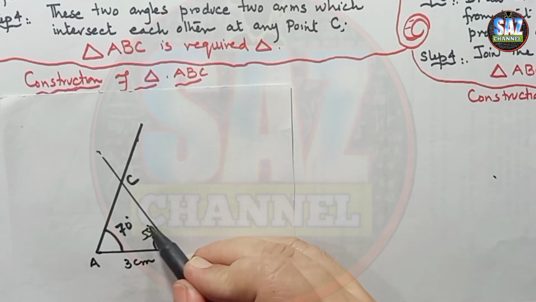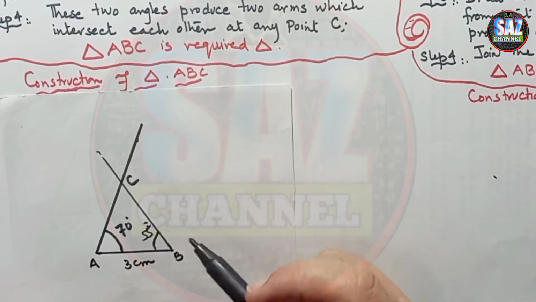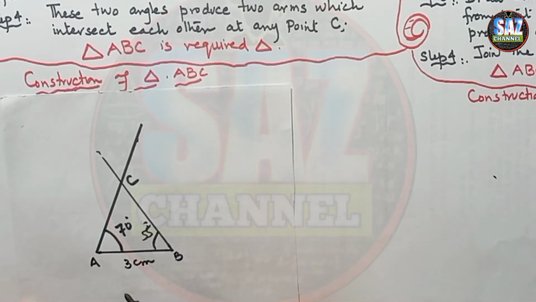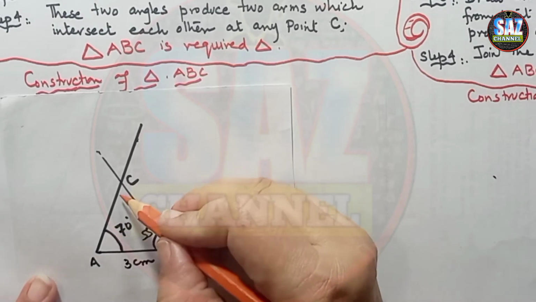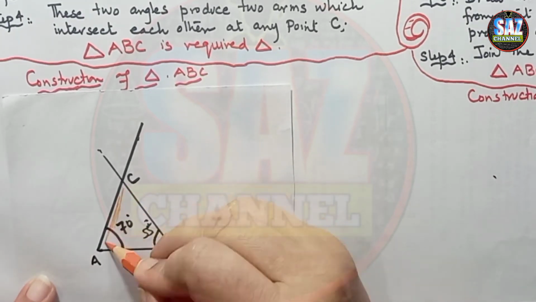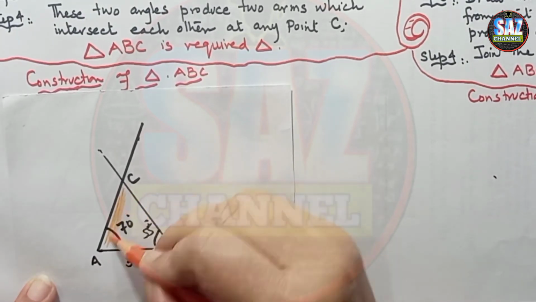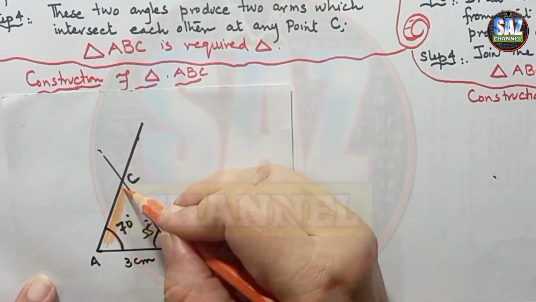Okay, I hope you are clear how we construct the triangle when one side and two angles are given, and it's time to have some fun and coloring, and give some beauty to your work. So let's color this figure so that it becomes more prominent, and my students feel enjoyment as well.